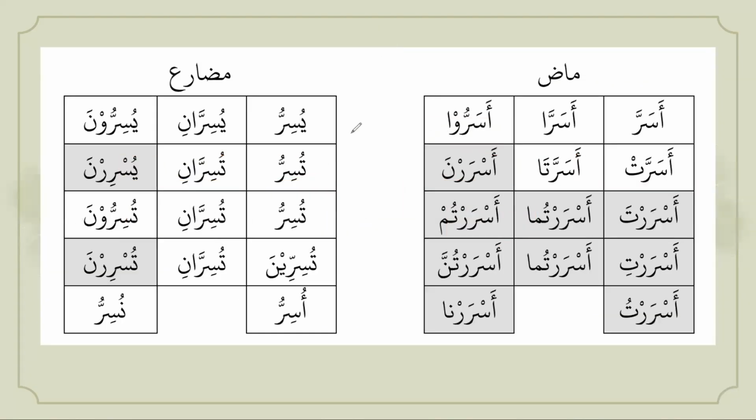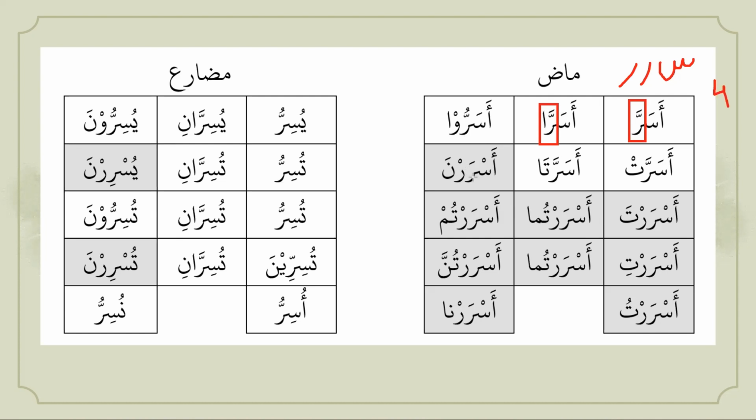Over here we have two charts. One is for past tense and the other is present tense, and you can see that in past tense the root letters are sin, ra, ra. Which family is it coming from? You can see yourself. It is coming from family 4 because there is hamza in the beginning and there's dhamma on the symbol of mudari. So asarra, you can see that there is a fusion over here in huwa form. Huwa asarra, huma asarra, hum asaru, hiya asarat, huma asarata.